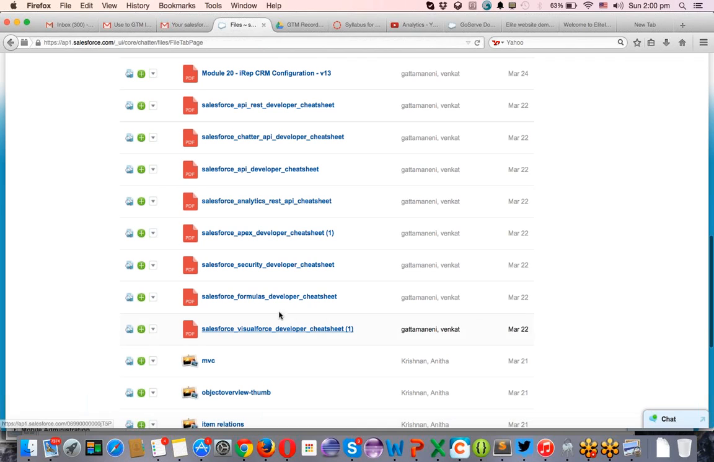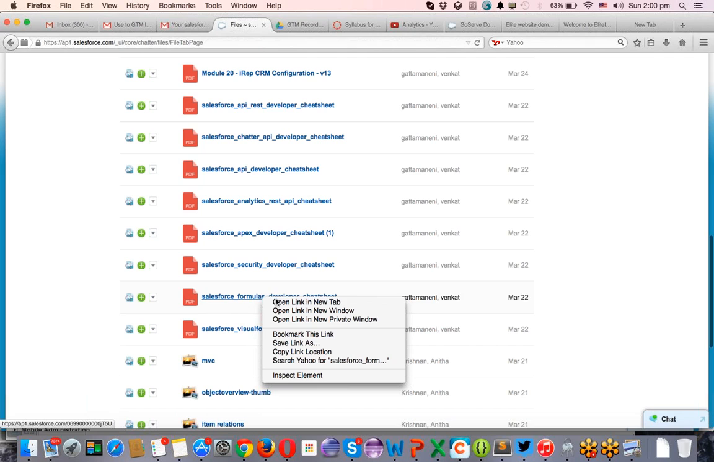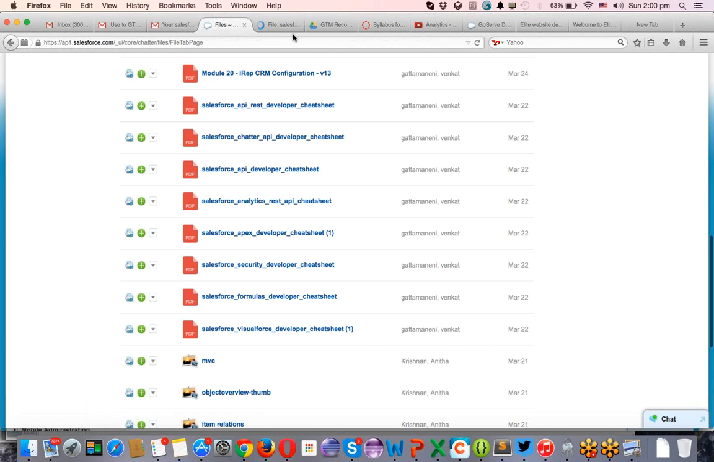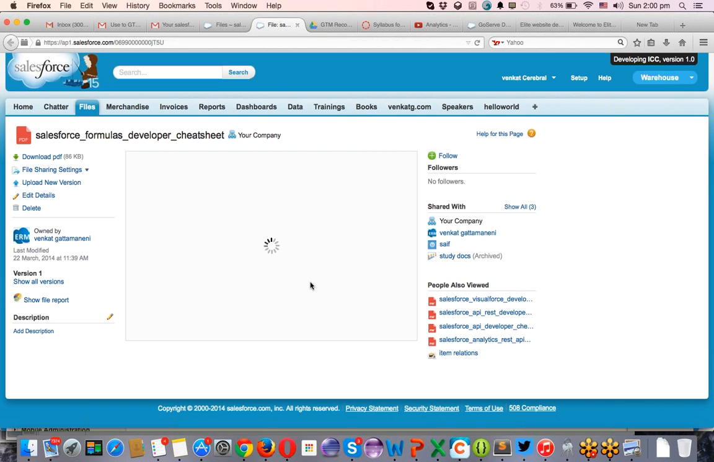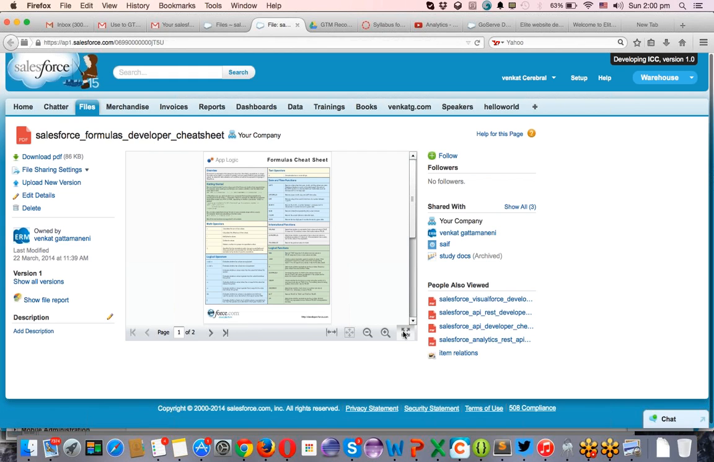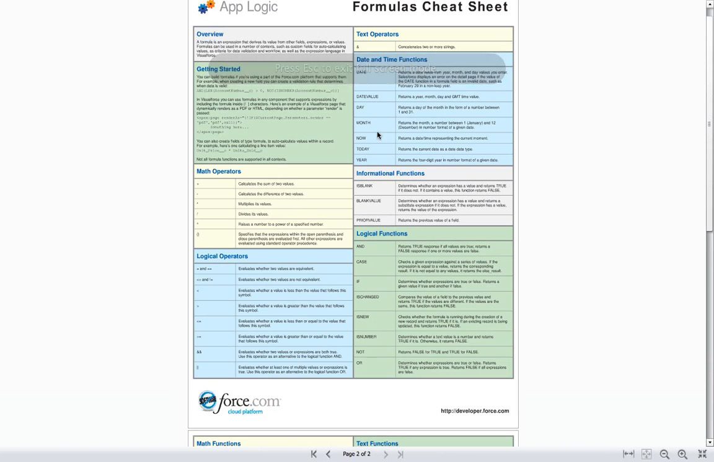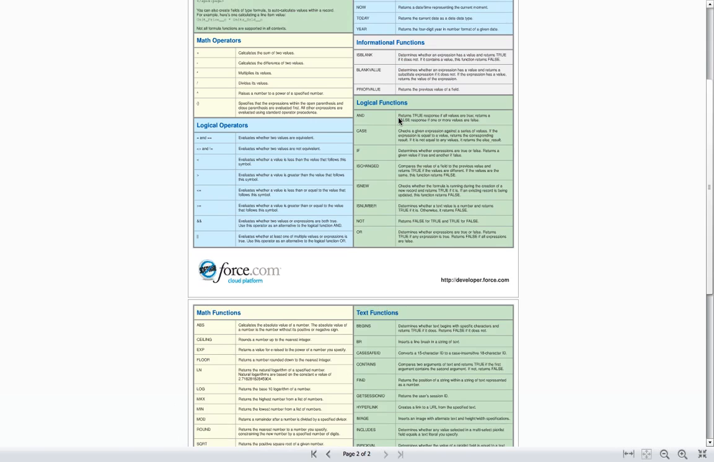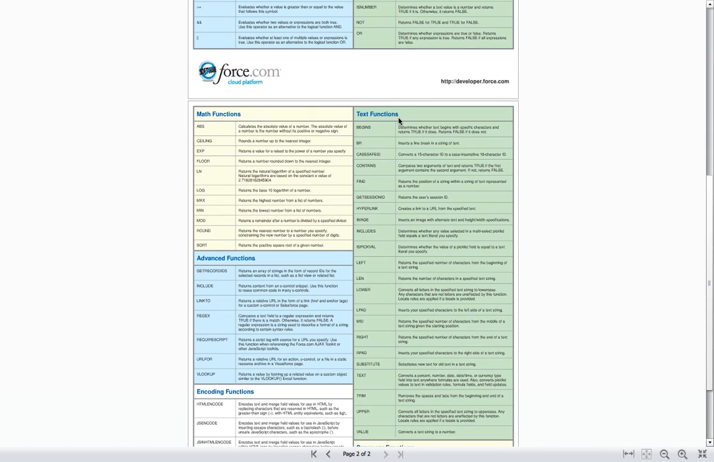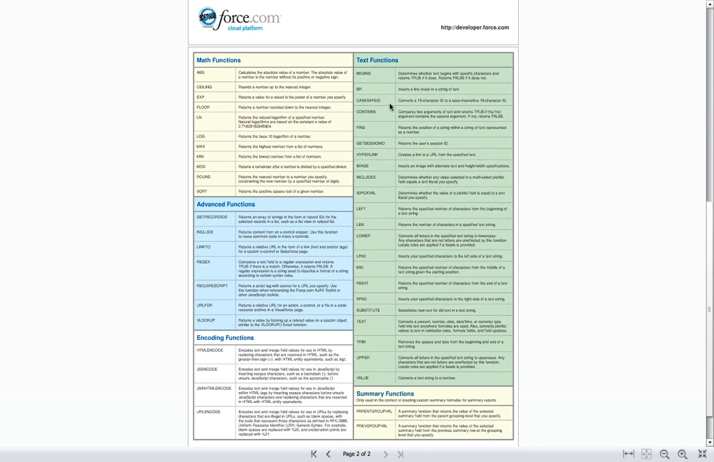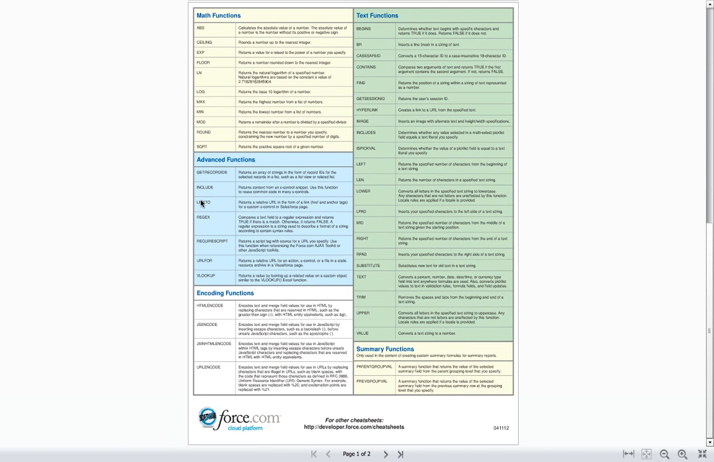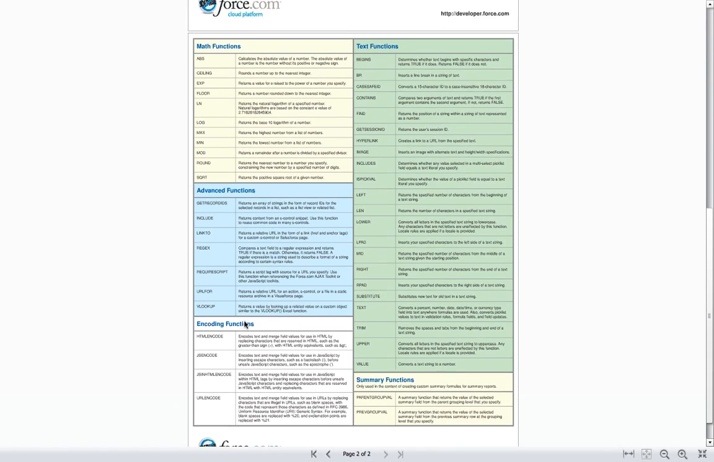Now if you log into this application, one thing I can say is go to the Chatter application first. And you can see a lot of content here. So there are separate groups. If you click on groups,